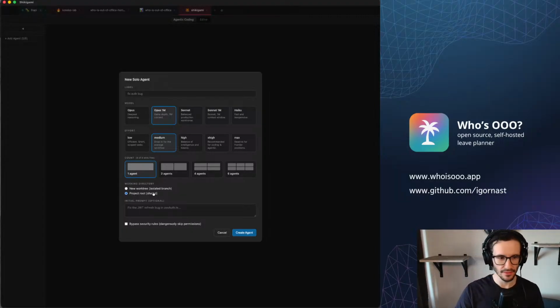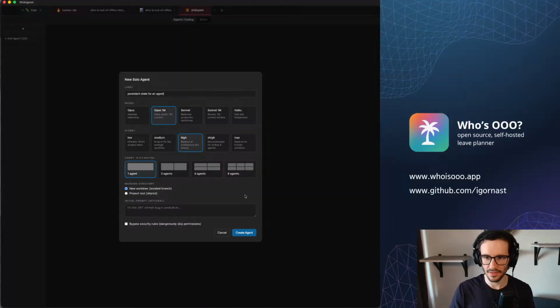So okay, let's start the first one. Dedicated work tree. And that one will work on a persistent state for an agent.